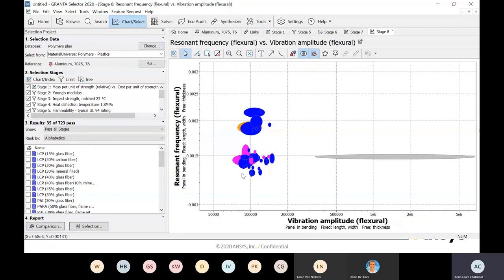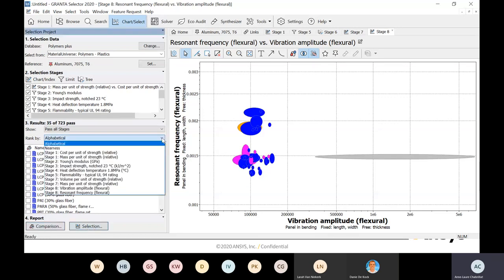But would we want to consider a bunch of materials which are in the same resonance frequency as aluminium? Or do we want to consider these and then think of what the vibration impact could be? So that's, at least very quickly, you've considered quite a lot of information, and you can now go back to your manager with